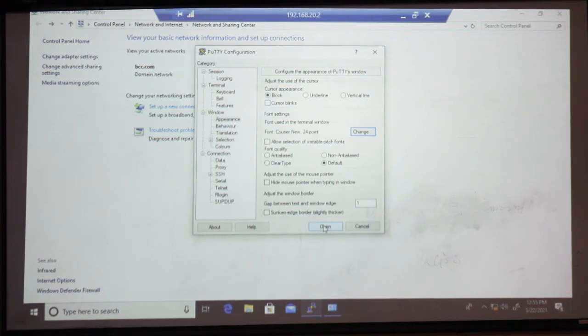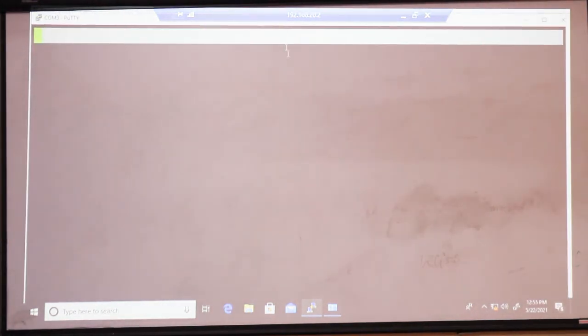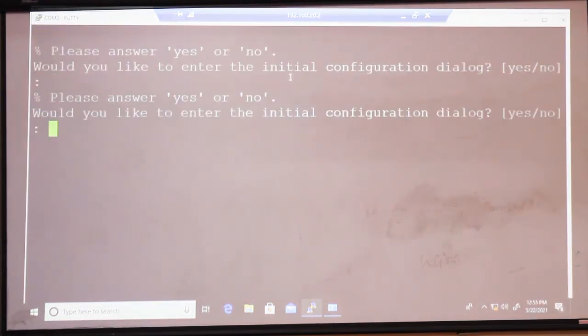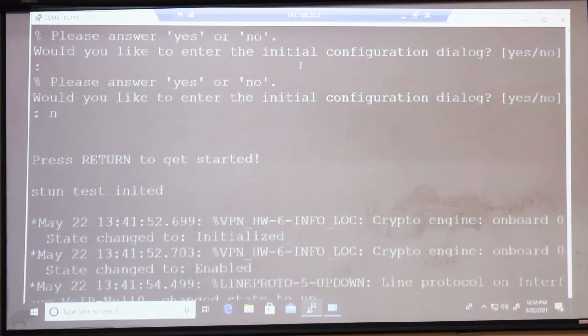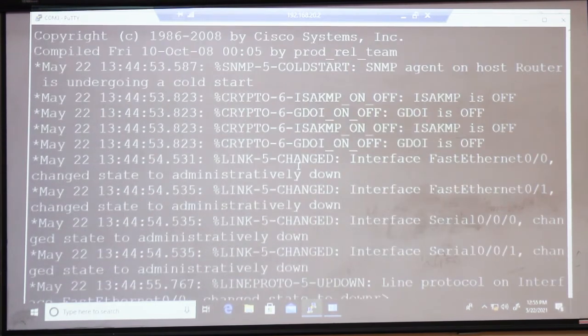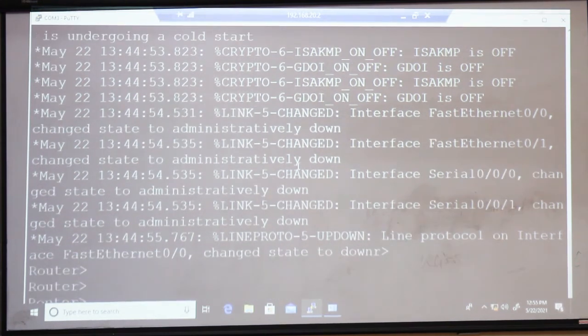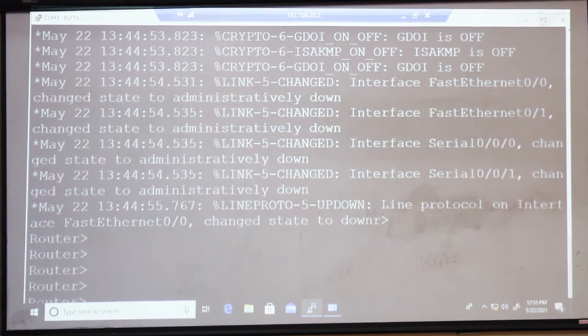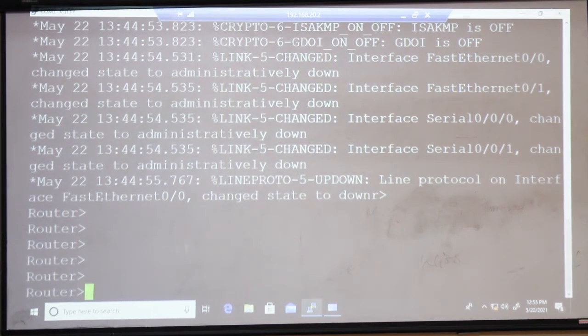So we will connect to the router now. You can see this is the router which is already booted here. We will say the configuration no. The router is getting booted over here and you can see the commands running.